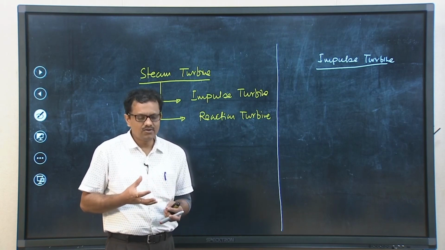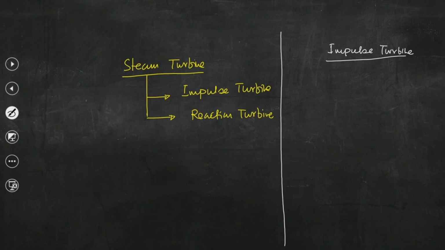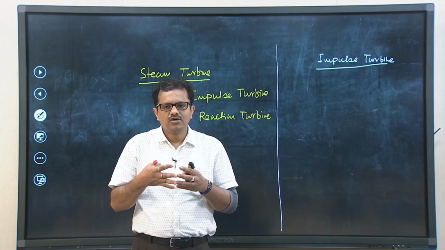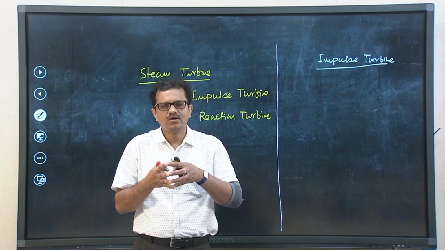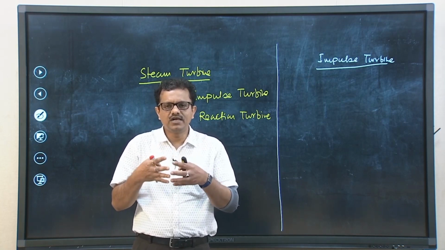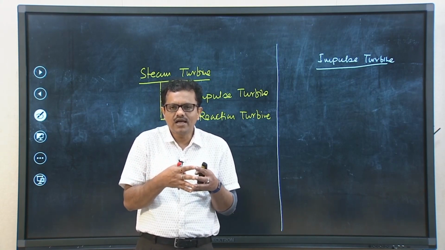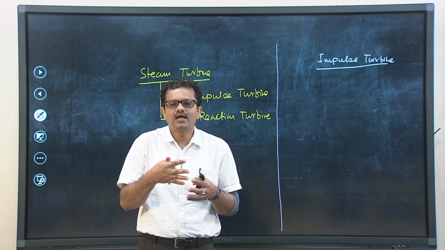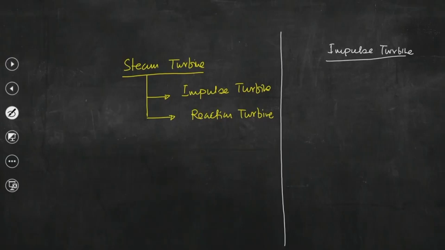So, if we try to draw the impulse turbine, what we have understood is that flow nozzles and blades, these two sets, a set of flow nozzles and a set of blades, together form a steam turbine. That is what I said a few minutes back: a steam turbine is an assemblage of flow nozzles and blades. So, if we draw the nozzle,